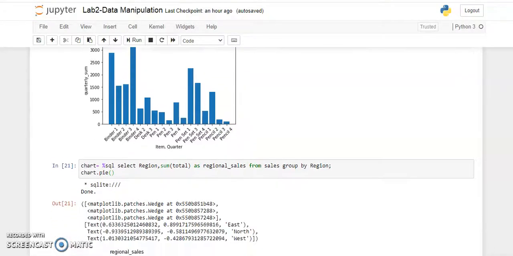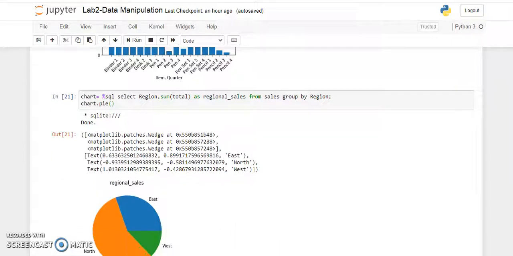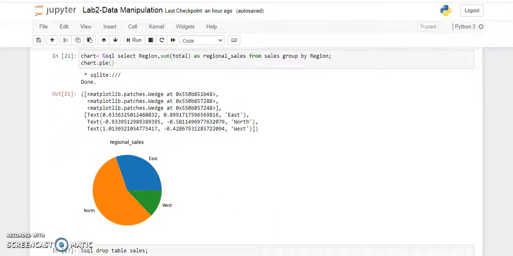The last chart is on the basis of regions, showing how regional sales are growing or decreasing. For that, on the basis of region, I simply did a select sum and analyzed the regional sales, grouped by region.